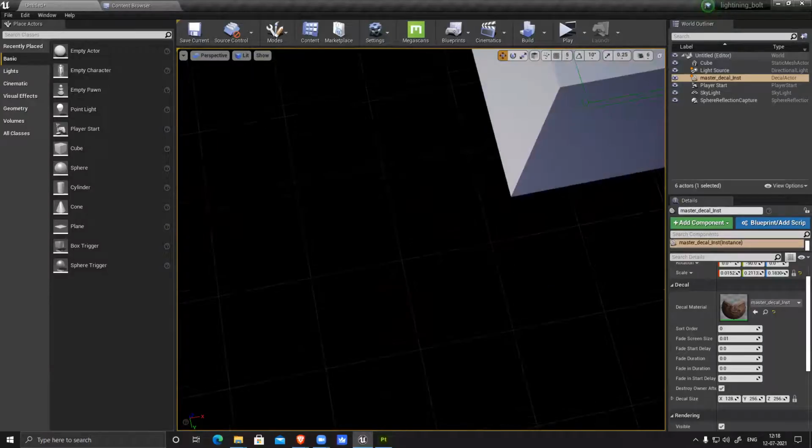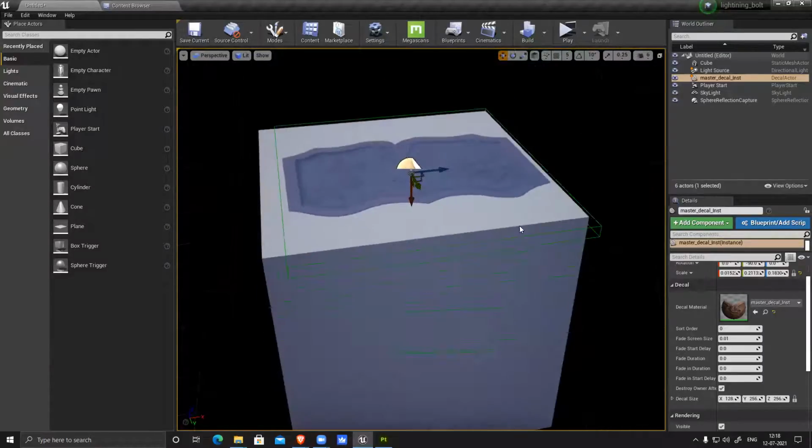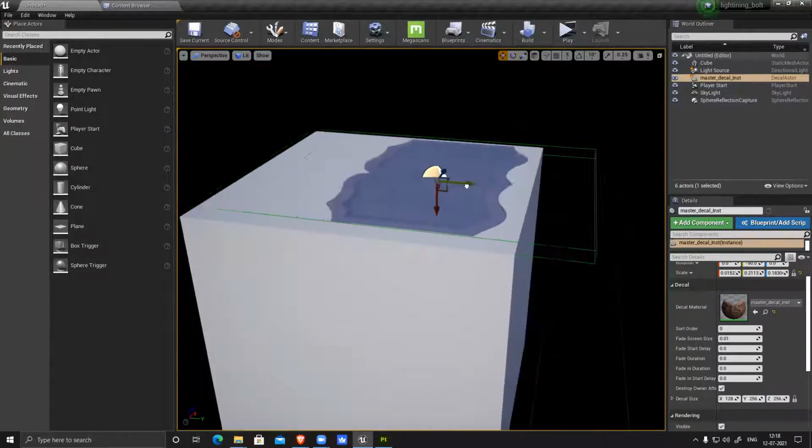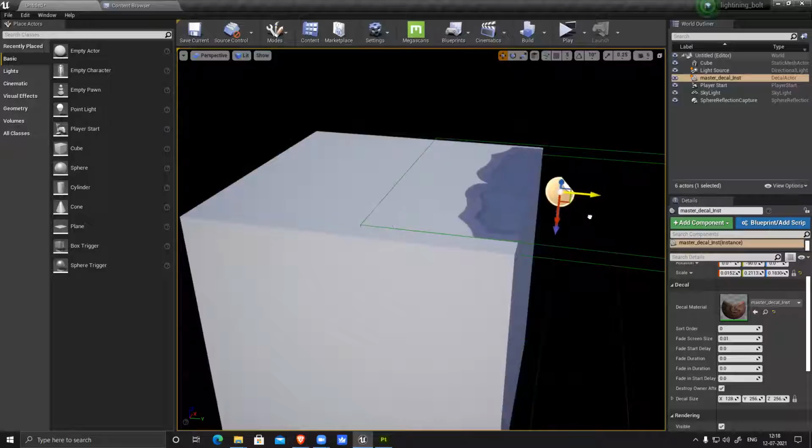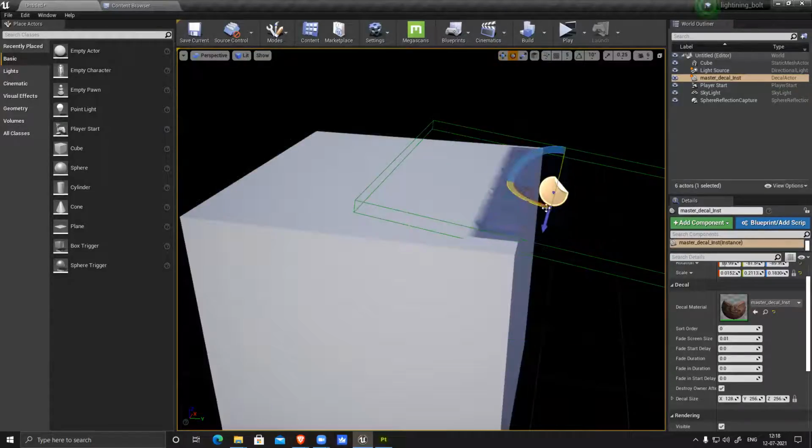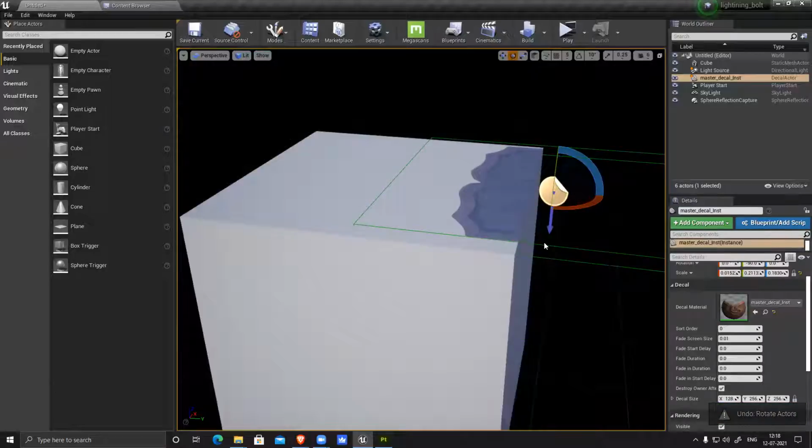Yes, sir. So now, suppose on the floor it's visible, but when you apply it to the wall, it's not visible, it looks stretched, right? Yes, sir. So the reason is, if I apply this here on this wall, I have to rotate it. You can see this blue arrow. That is the direction of the decal map. In that direction only the decal map will be visible.